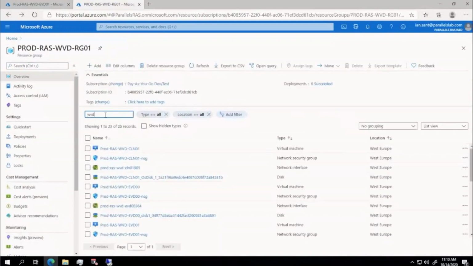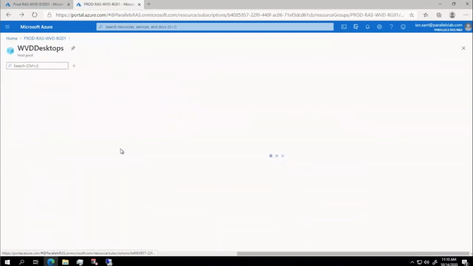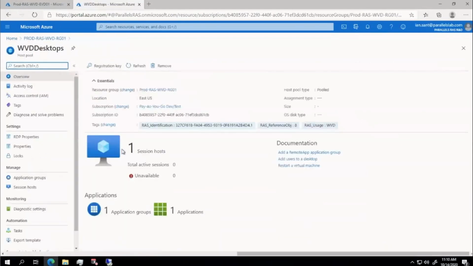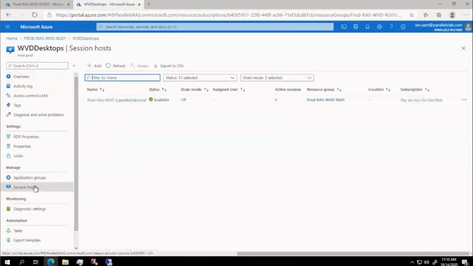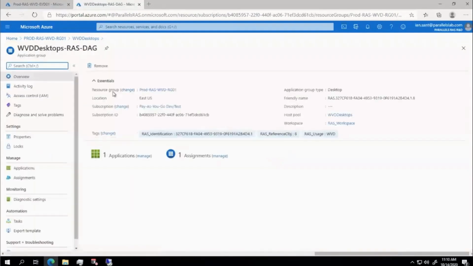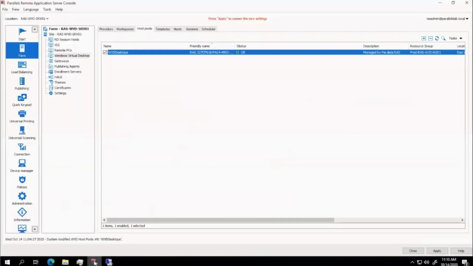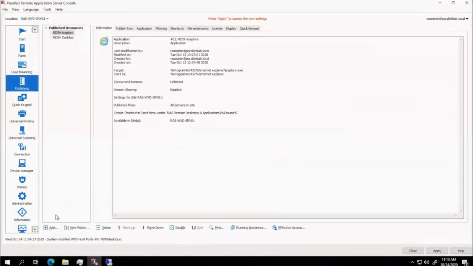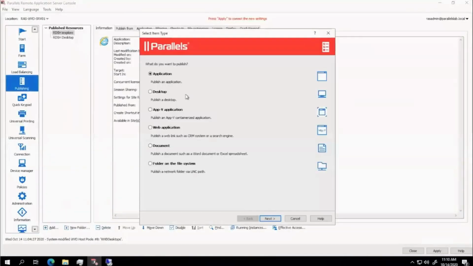So when you find the name, you will see the WVD desktop, and it will be integrated with your session host over there. And then you will know which users are allowed to access it. Once you have verified all those things, then you can add the publishing